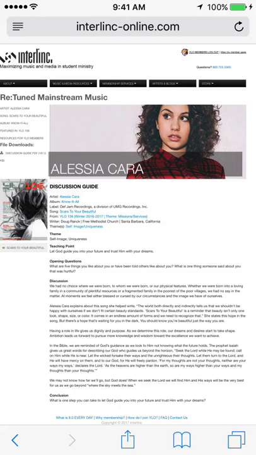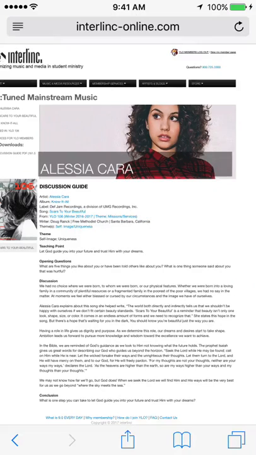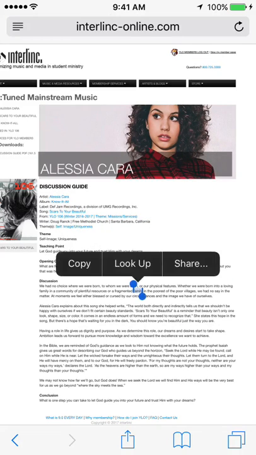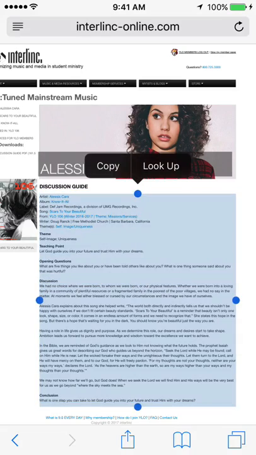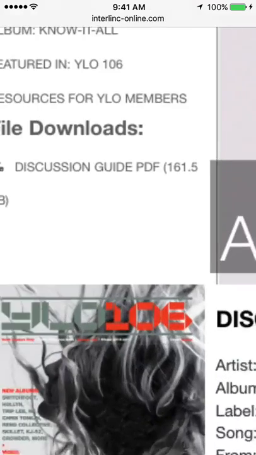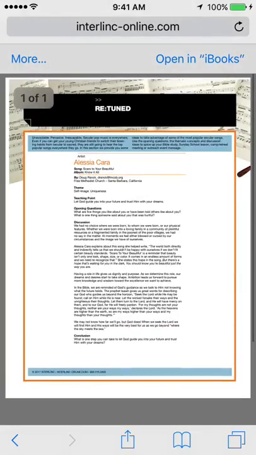And so we included this in YLO. Here's the discussion guide. Same thing with the Bible study kind of thing. You can select a word and copy and paste this into a Pages document. Really decent stuff. Or you can download the PDF right there. Pretty cool.